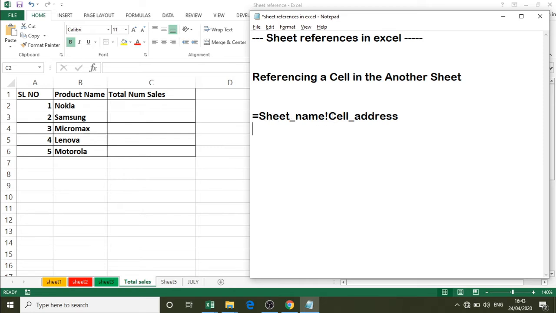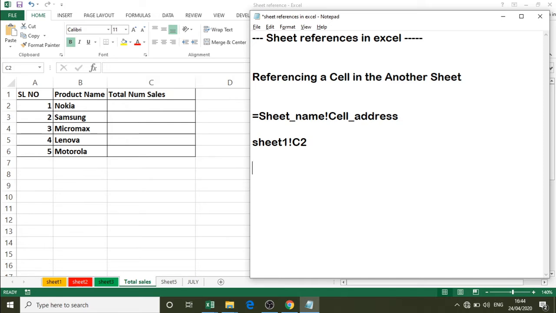So we will do it like this. Whenever you are referring to a cell address which is present in another sheet, we have to use the sheet name followed by an exclamation mark followed by the cell address. That is, if you want to refer to cell address C2 in Sheet1, we have to use Sheet1 exclamation then the cell address.